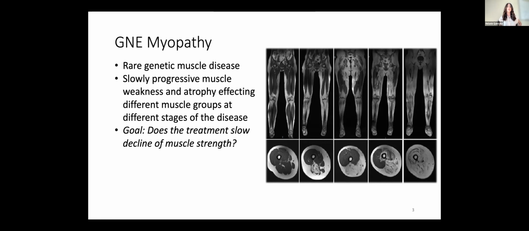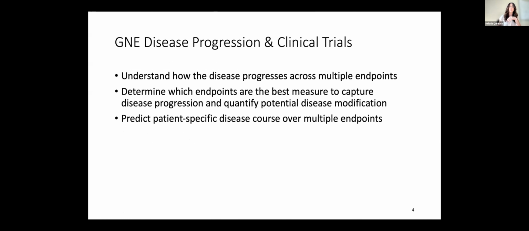And when we were brought into this project, the goal really was to understand the disease well enough so that we could design a clinical trial to test novel therapies. So come up with the best possible clinical trial, the most efficient clinical trial that would be able to enroll a broad amount of individuals, but still be very efficient and feasible in terms of recruitment rates, given that this is such a rare disease.